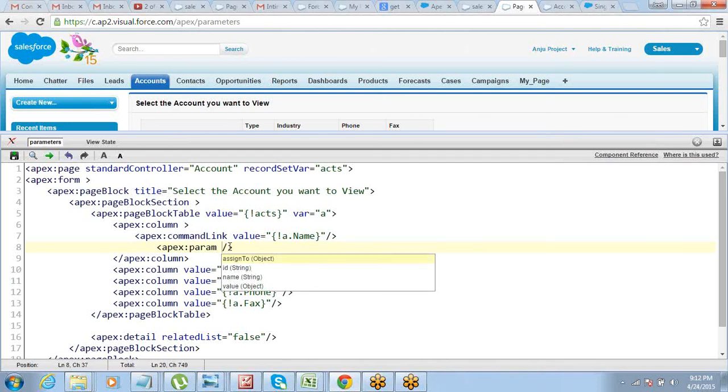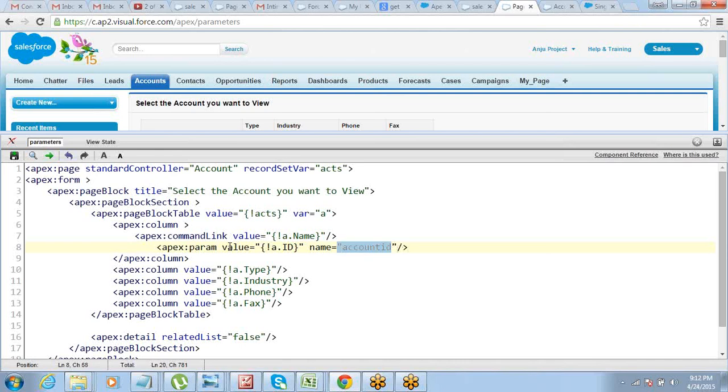So param will consume the ID. This param component will fetch the ID value a.id, so it will fetch the ID of that record. And give it a name. Name can be anything, whatever we want to give.